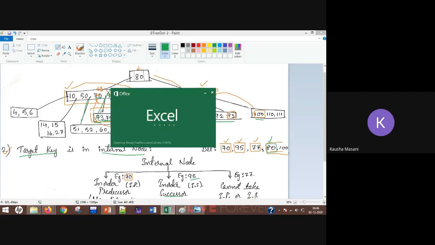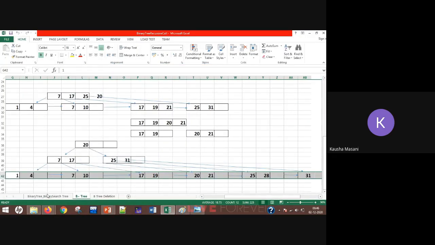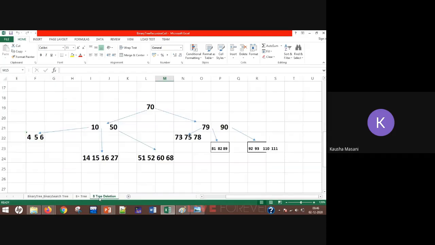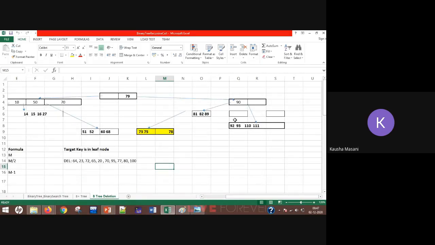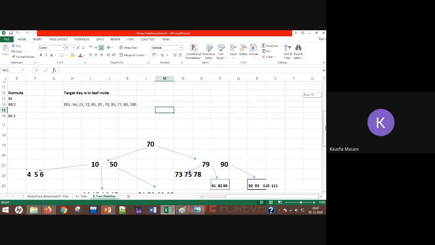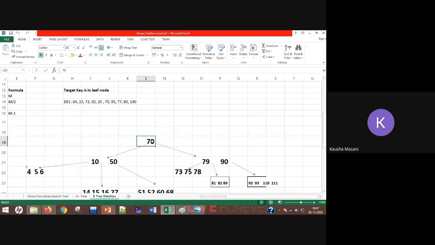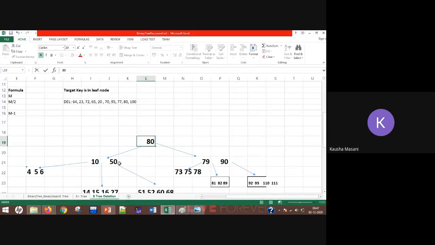Because I guess this is a bit messy, so just let me try one thing. This is 80, 10, 50, 68, and let me write a new one only.